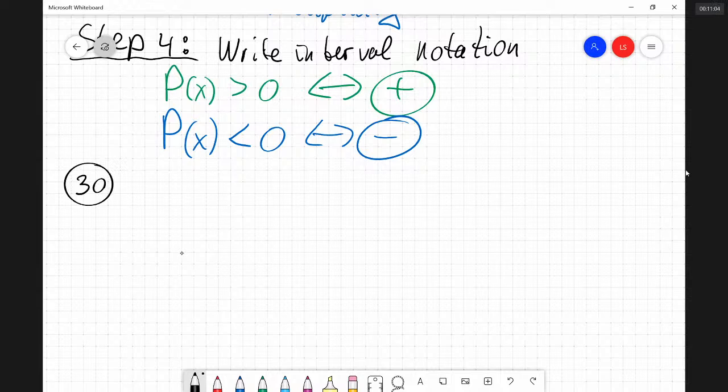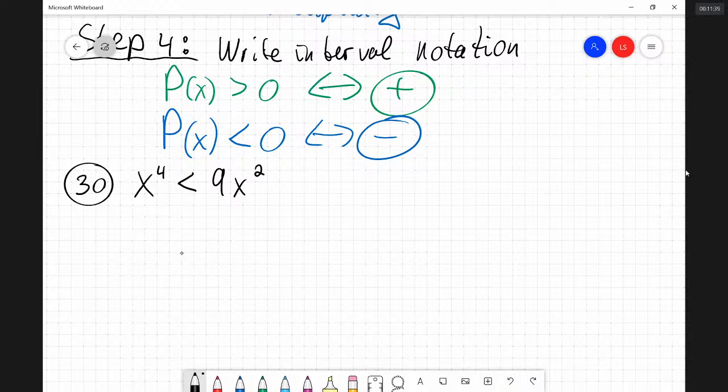So for 30, we have x to the 4th is less than 9x squared. So in theory, we could say the following. Let's just compare this as function f to this as function g, and find points where they intersect, and then look at each region, see how they behave. But that's a lot more work